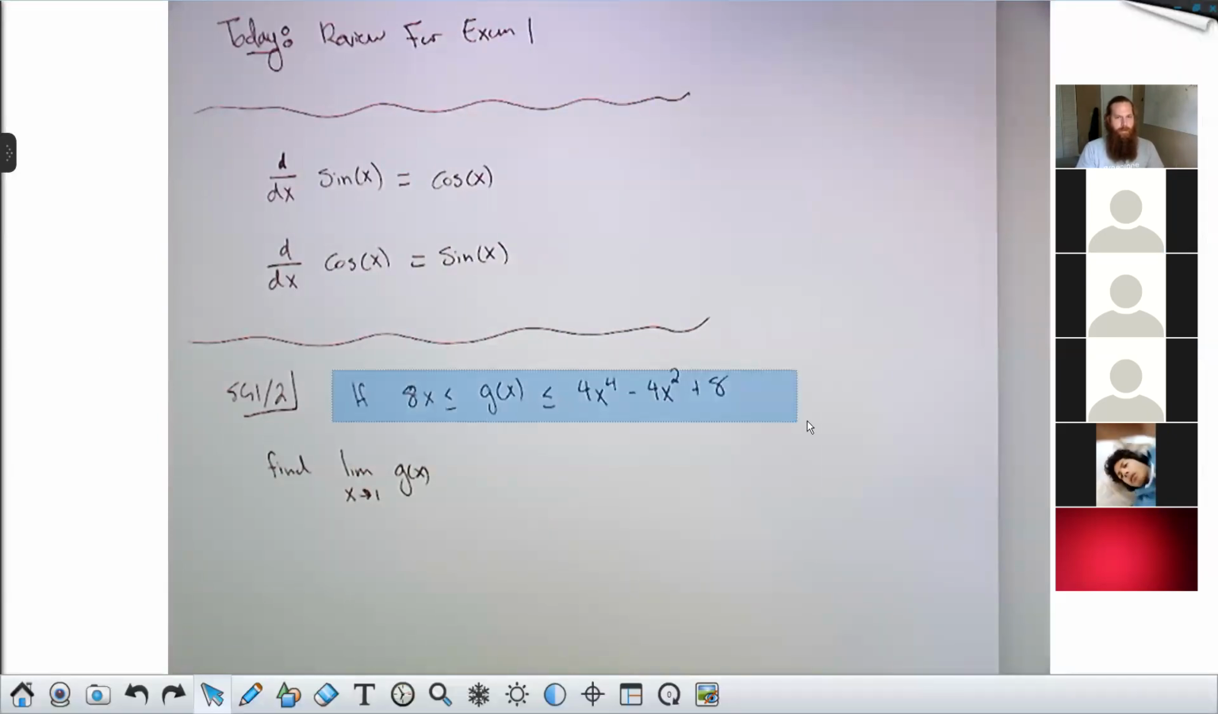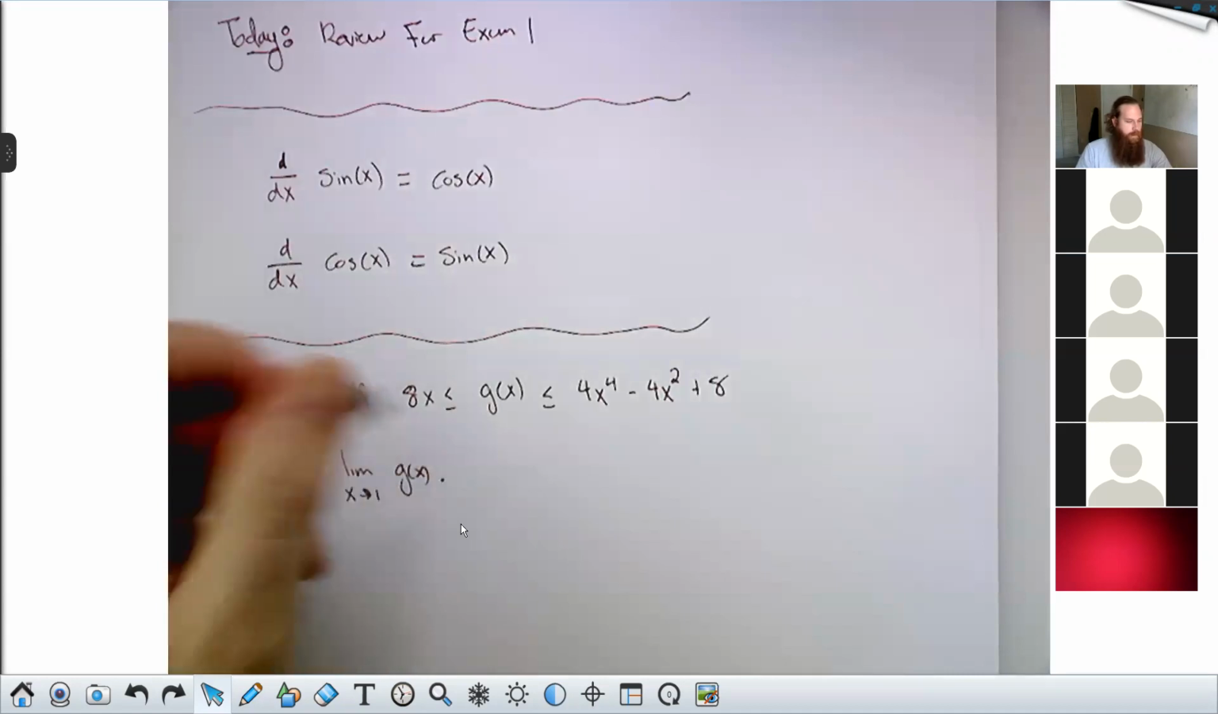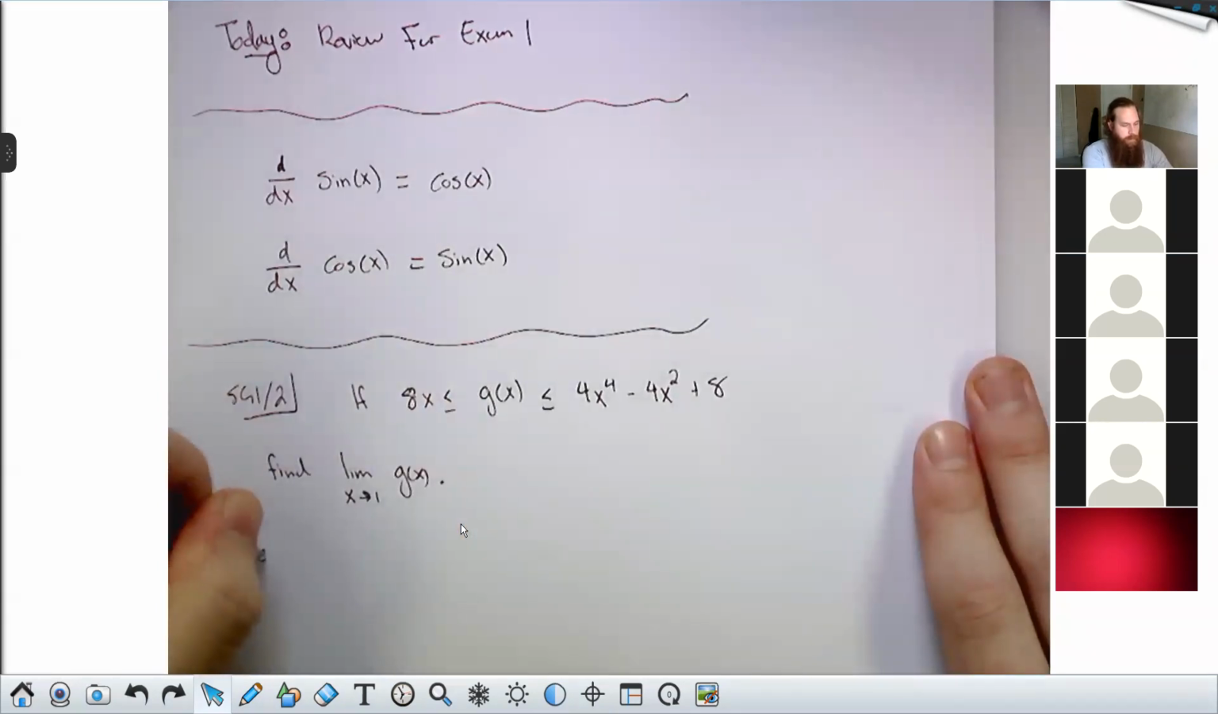So the trick behind the second problem in the study guide is just to remember the squeeze theorem, which can be remembered very easily as saying limits obey inequalities. So I'd say remember